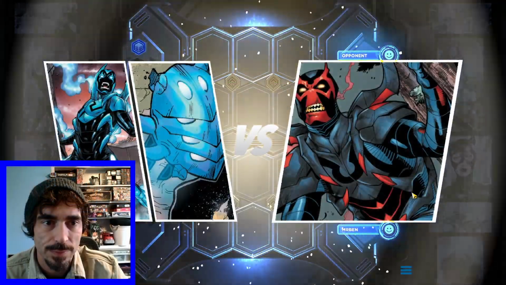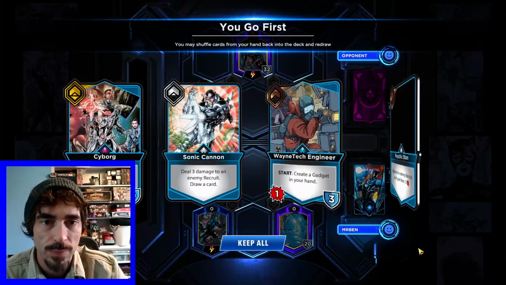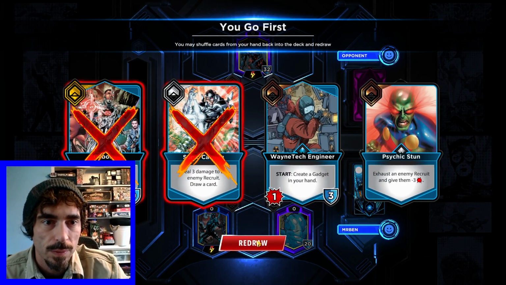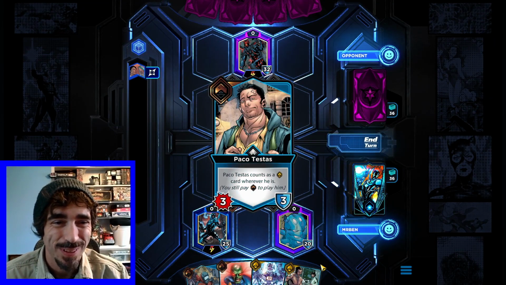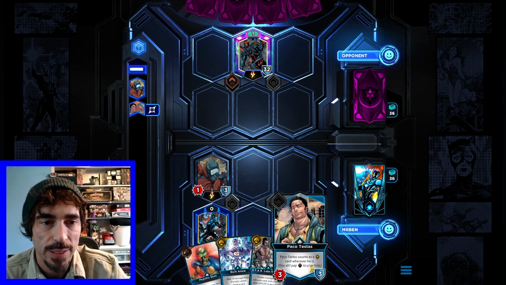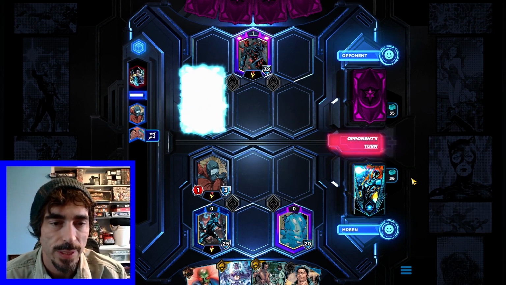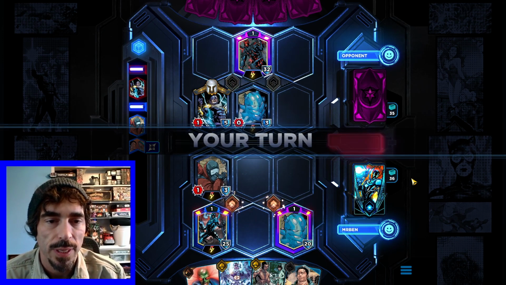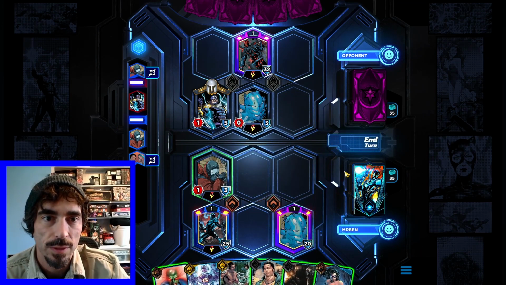That's dark. This game always wants me to have the gold cards in hand. Much as I'd like to run Paco out just to have the body, I kind of want to hold him back until we get maybe something else. The ability to play Blue Beetle or Jaime Reyes and level him up into Blue Beetle all in one turn is pretty strong. I'm kind of regretting it now because